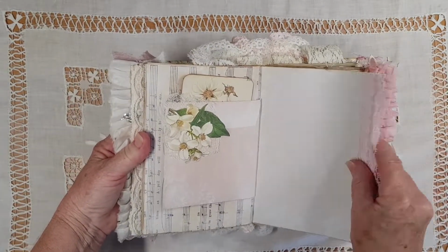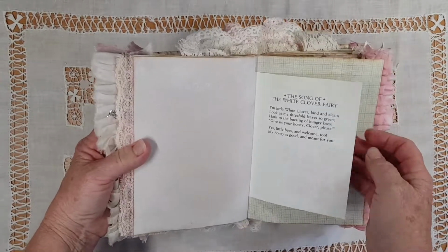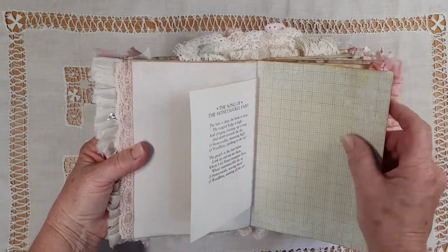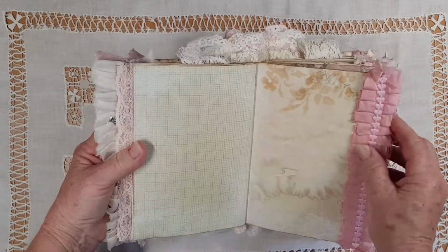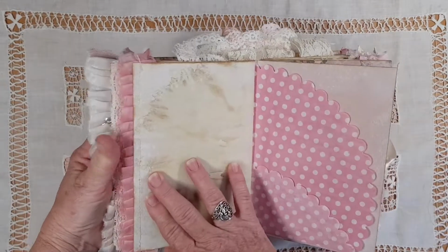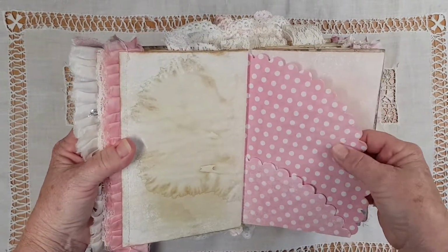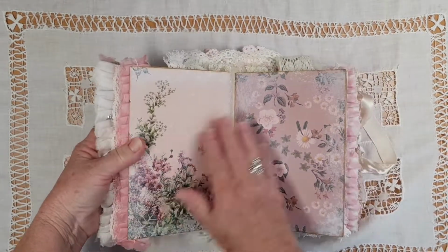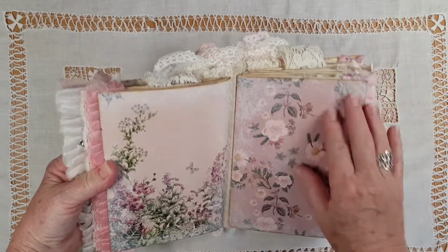Just some tea stained paper with stenciling on another flower, other side of the flower fairy book pages. Graph paper, tea stained paper. The other side of that little cake doily thing. And the other side of the scrapbook paper. I've got scrapbook papers on my